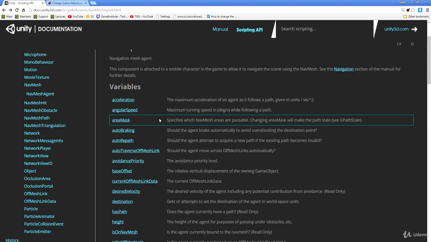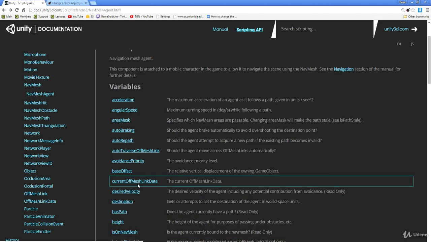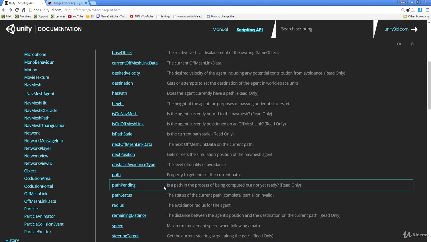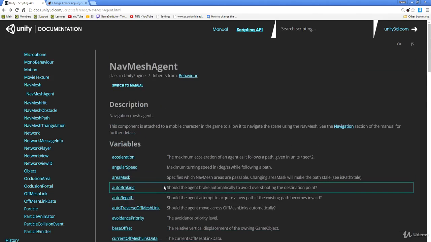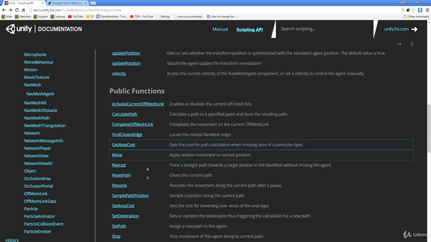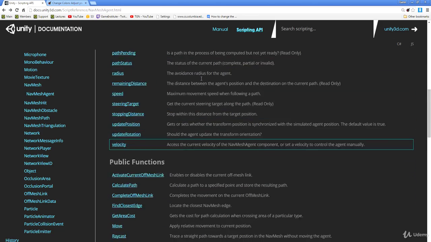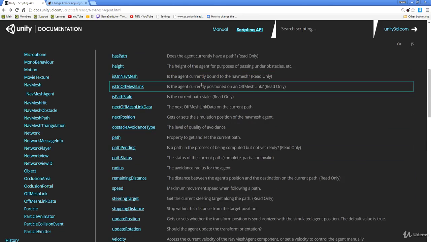So I think that's it for now. Like I said, in the next lesson, we're finally going to demystify this whole off-mesh link thing. Those are the only properties we don't really understand at the moment, and there are quite a few properties and functions to do with off-mesh links, and they are quite important. And we're also going to look at navigation obstacles, and that should be it. Provided we can get all that done in the next lesson, we're ready to move on to bringing in animations and